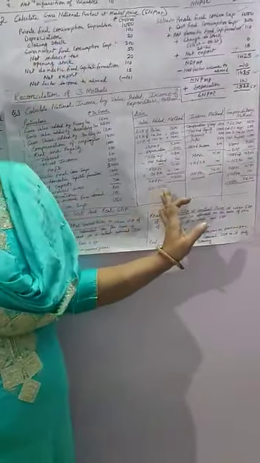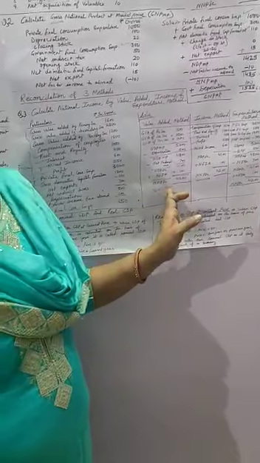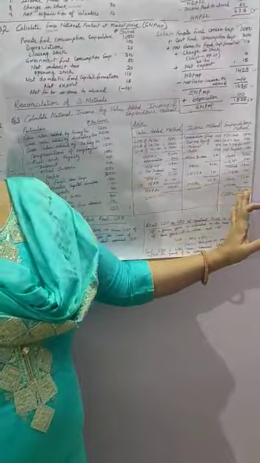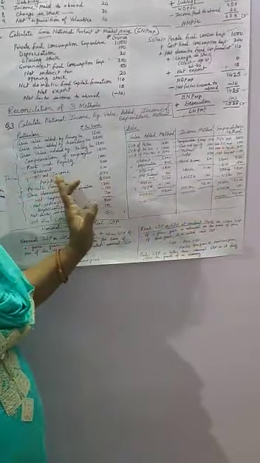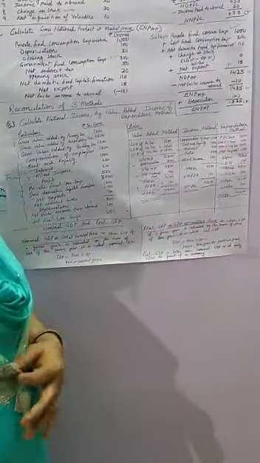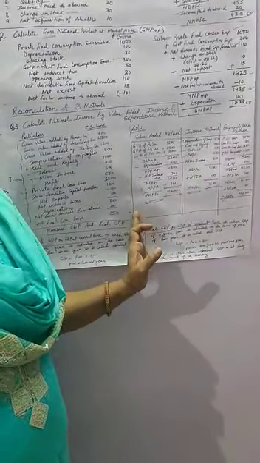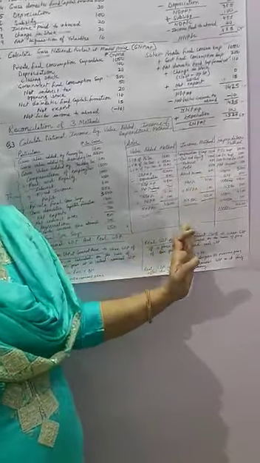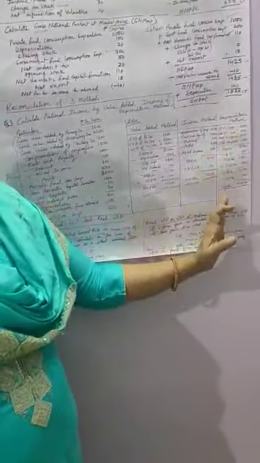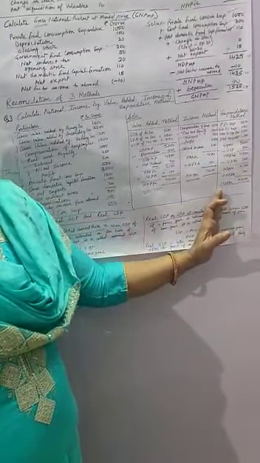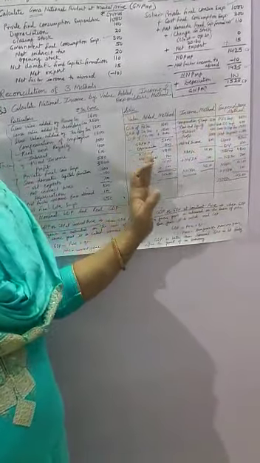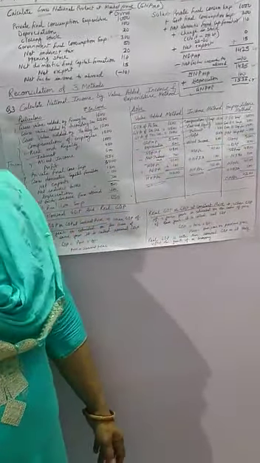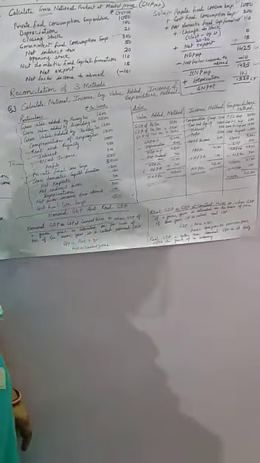So by using the formulas of these methods, you have to calculate the national income by the value added method, income method, and expenditure method. So these are the different methods for calculating national income. Either you take the production activities, or you take the income activities, that is factor income, or you take the expenditure method, that is expenditures. So these are the three phases of our economy: the production phase, income phase, and expenditure phase. In this way you can understand how to calculate the national income of our economy.